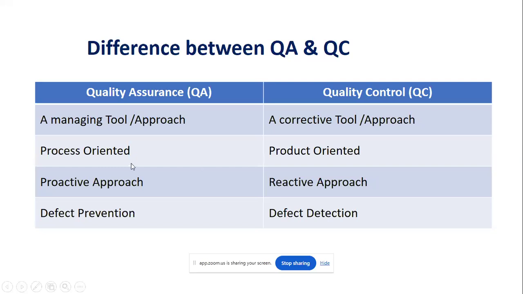Quality assurance is the management tool. As I said, it is a process-oriented, proactive approach. It means that we are following these things prior to anything happening, right? And it is defect prevention, as it is process-oriented. And quality control is a product-oriented reactive approach and defect detection. If any defect happens,